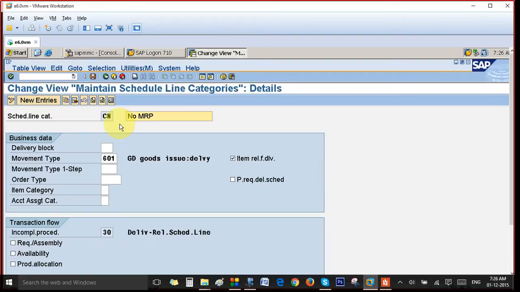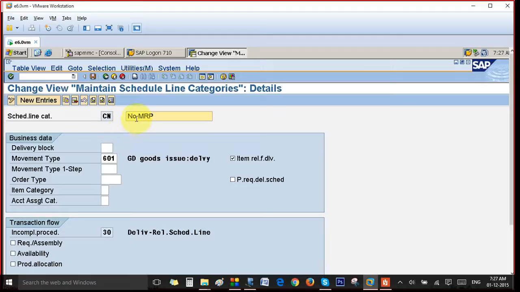What happens is the items in the sales order become the schedule lines in the delivery. Suppose there can be a split in the quantities, like if I place an order for 100 and there is 50 and 50 separately confirmed. Why do I split this? Because I don't have the material. First I will deliver 50 and next 50.